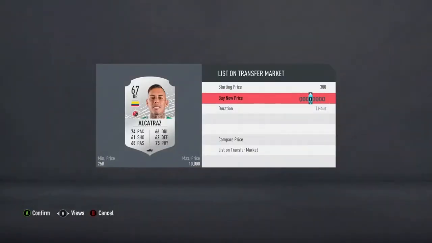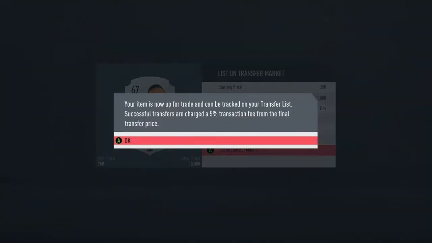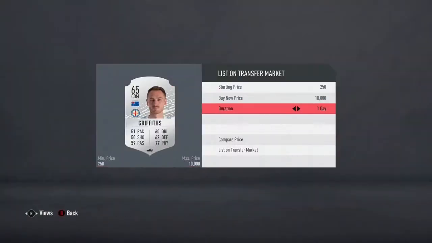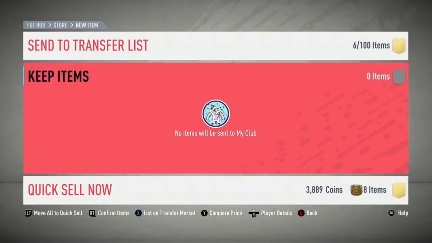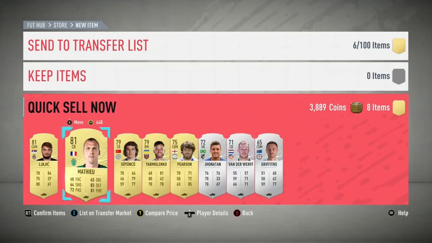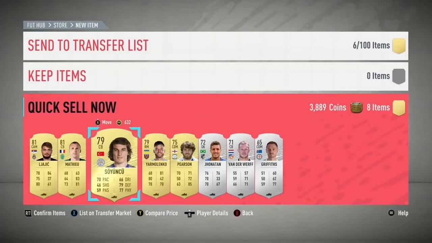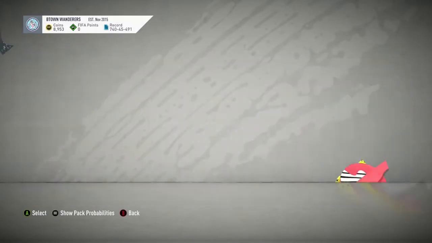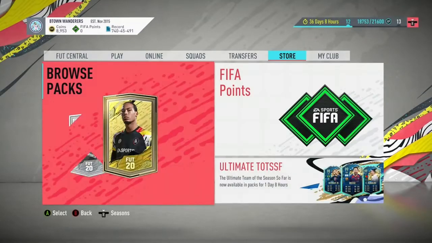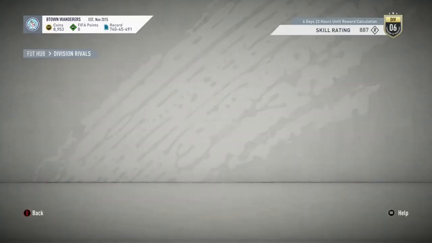Just continuing to sort through these, not really knowing the prices of some of these players. They always fluctuate with SBCs, so you never know what's going to be 150 coins one week and 2 grand the next week. I was wondering if Sion Chu was going to be a bit more than that, but he isn't, so just quick sell them. No point waiting around for people that might not buy, especially when I need the coins to